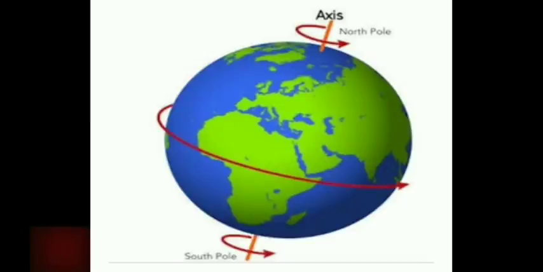Before I start my lesson, let us recall. As you have studied in standard 6 and standard 5, you must be knowing the terms rotation and revolution. There's a picture in front of you. You can see in this picture which planet? Earth. You can see the red arrow which is around the earth at the North Pole and the South Pole.